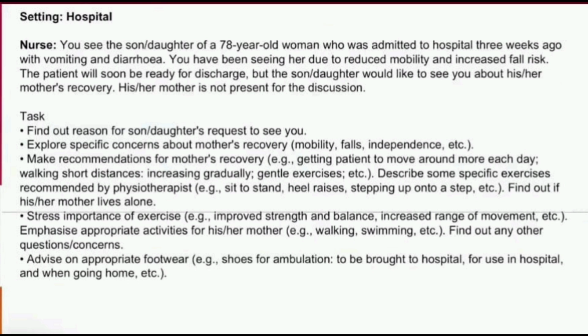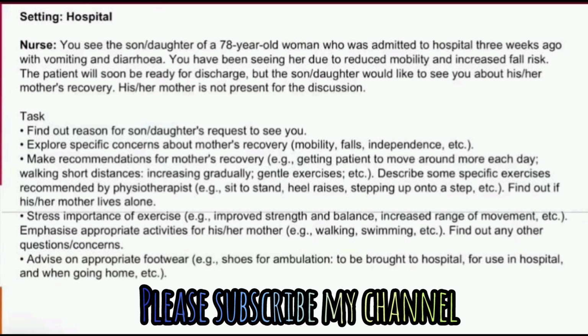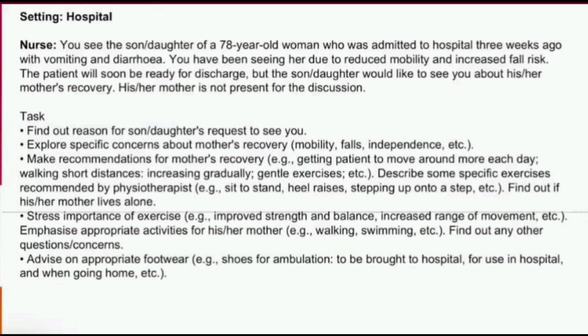And next is emphasise appropriate exercises for his or her mother like walking, swimming, etc., and find out any other question or concern. So we can also say you can make your mother do easy exercises, walking and swimming. If she is okay with that, then only you can encourage her to do it. Okay, so at last you can also ask, find out any other question. So do you have any other question or concern? Then the relative will say